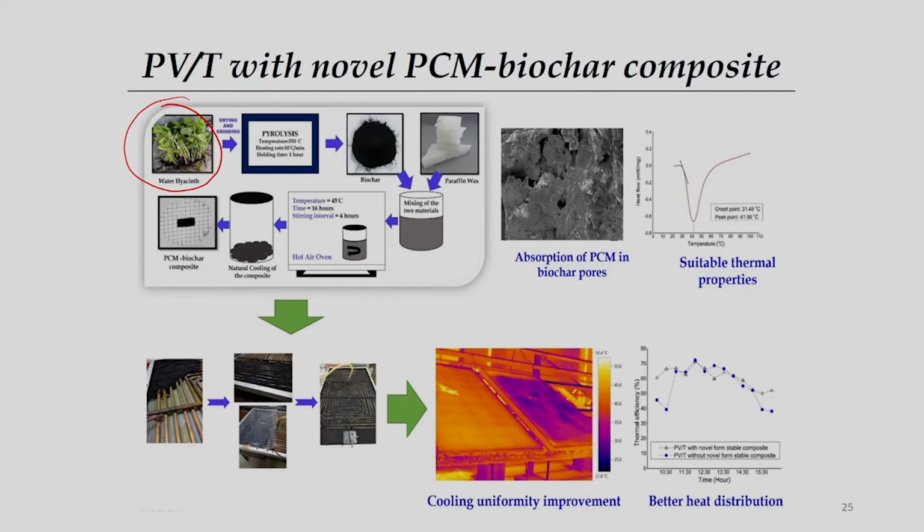For our case it was water hyacinth, and then we have pyrolyzed it at certain conditions of temperature, heating rate, and holding time, and we have generated biochar, and we have added this biochar with paraffin wax, and we have maintained some kind of proportions, and finally we have done some kind of analysis, and what we got is a very good composite material